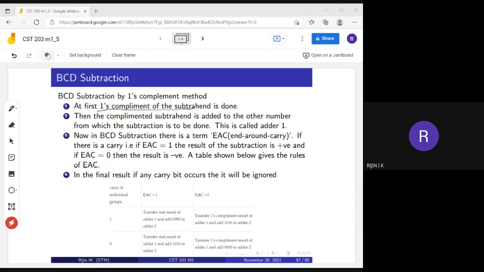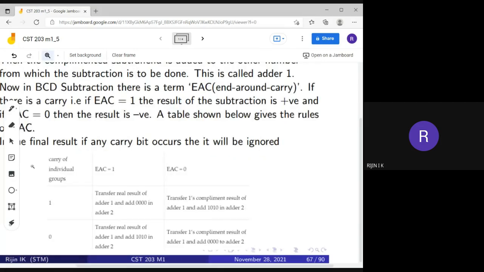If the result is negative, in that case, we need to look at the individual groups. If there is any carry generated in the individual group addition, then you need to transfer the ones complement of the adder and add 1 0 1 0 to that.